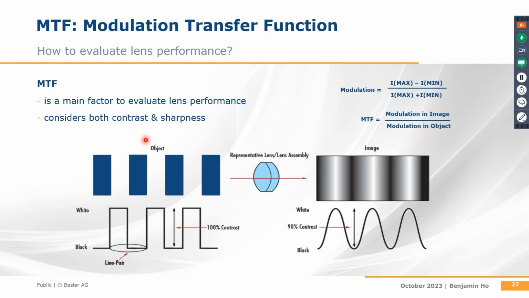As introduced earlier, when point sources of light pass through the lens, they transform into a pattern known as iridescence. This transformation causes the lens to not precisely transmit the object image to the sensor. Consequently, as shown in the illustration, a stripe pattern with alternating black and white bars is formed, and as the lens processes it, the pattern changes into a sine wave light profile with black and white bars oscillating repeatedly, and the 100% contrast decreases too in the image size.